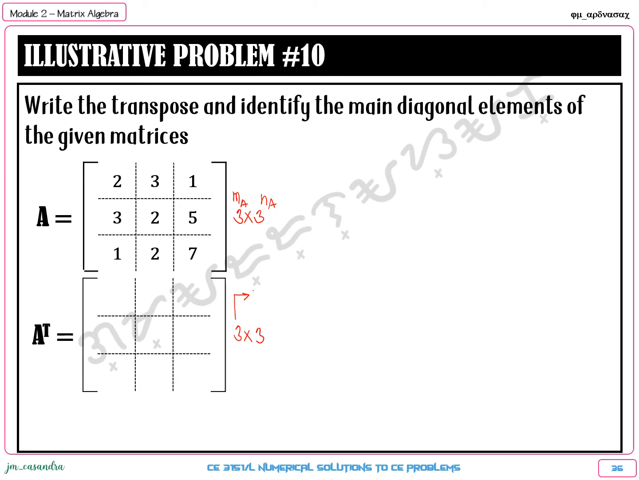So this is the row of the transpose, which is also equal to the N of the main matrix. This one is the column of the transpose, which is equal to the number of rows of the main matrix. So for our answer,